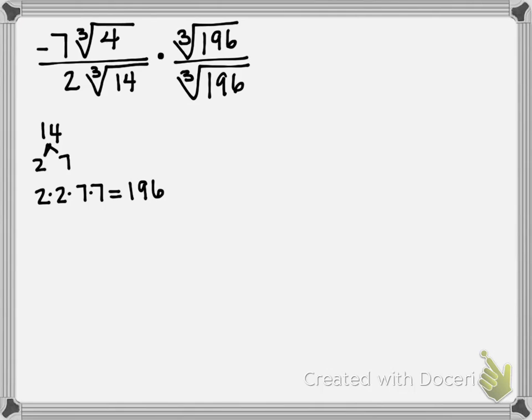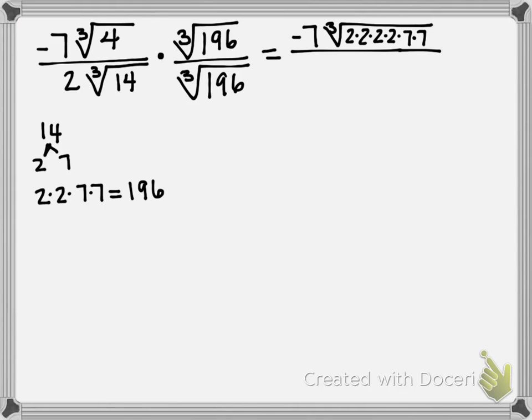And now, what we end up with, ladies and gentlemen, we have the top, that's the first 2 2s from the 4, because the reason I factor the 4 is because we can find groups of 3s in the numerator once we multiply by the cube root of 196. So we put the factors of 196 on the top also, and we end up with the